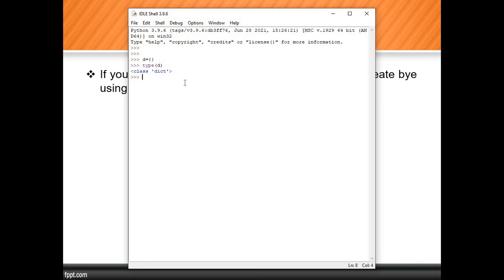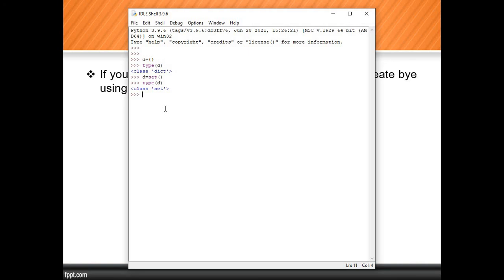If you want to create an empty set, we need to use D equals set with round brackets open and close. Here we are using round brackets, but in a set we use curly braces. Then what is the difference? Make a note of that. If you want to create an empty set, we use set(), and if you want to add elements inside that set, we use curly braces. This has to be remembered. Click on that and type. This question is asked in interviews, so that's why I gave it. See, it's set type. So empty curly braces are always a dictionary, and empty round brackets with the set name create the set.